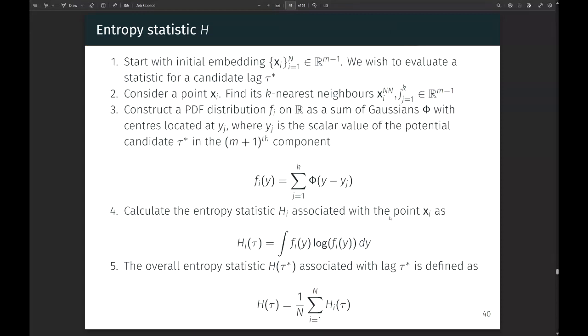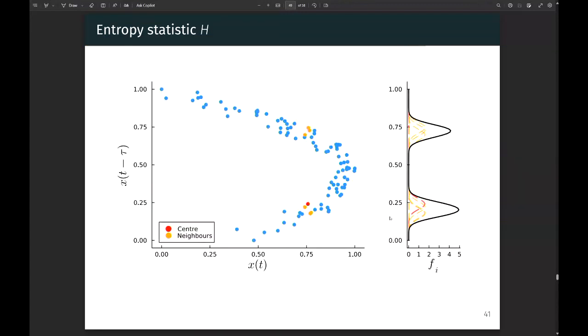I would go through this step by step, but in the interest of time, I'd rather go through the picture. So what we're going to do is, suppose we already had an initial embedding. Let's say X is our first embedding, and we want to consider a potential tau. So this is the very start of how you initialize it. Now, we're going to look at this point here, which is our reference point. And we're going to find its 1, 2, 3, 4, 5-ish, 5 nearest neighbors in this X component. Its 5 nearest neighbors are going to be here.